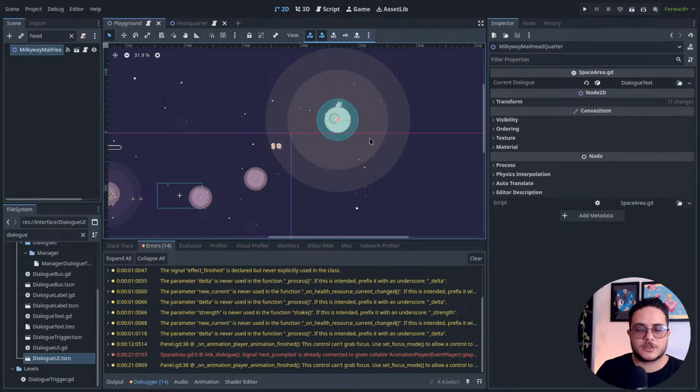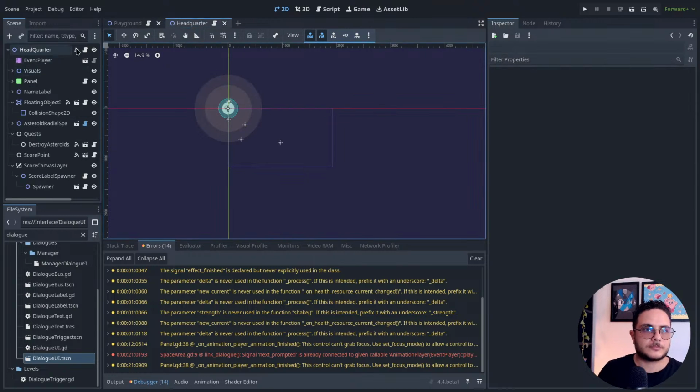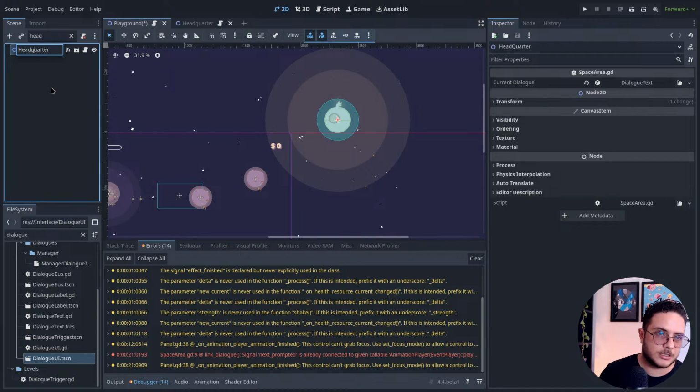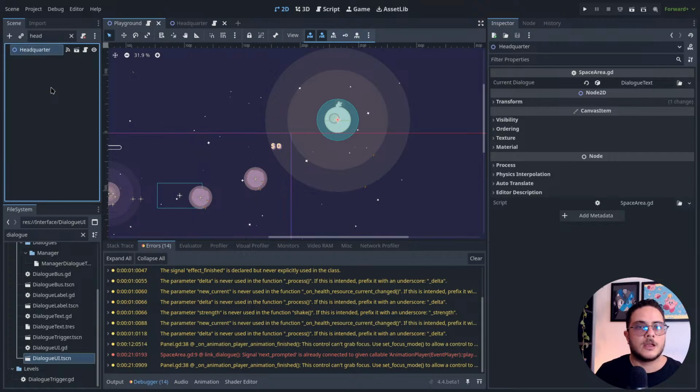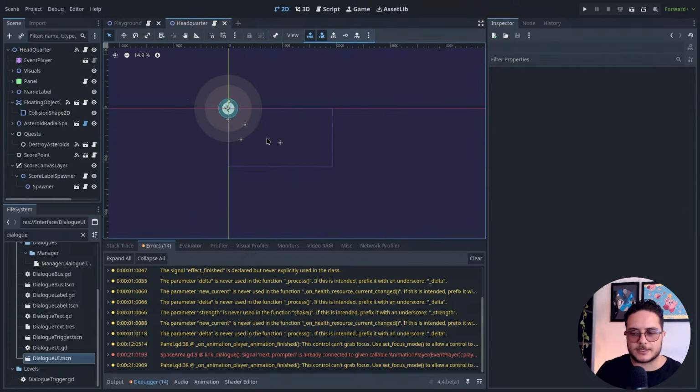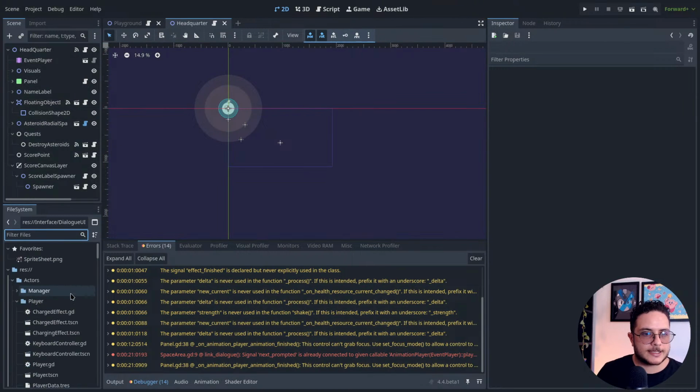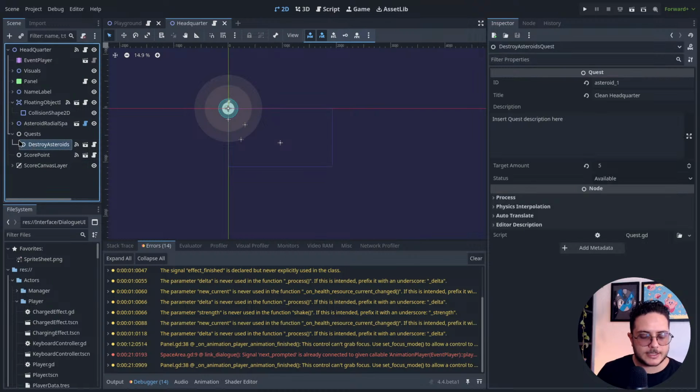After completing this quest, I want the player to, let me just change the name. Headquarter. I want the player to face some enemies so they understand headquarter. Are these two words? I don't know. Headquarter. I want the player to face some enemies, right? So what I will do is to add a, I'll create another quest, but this one is,